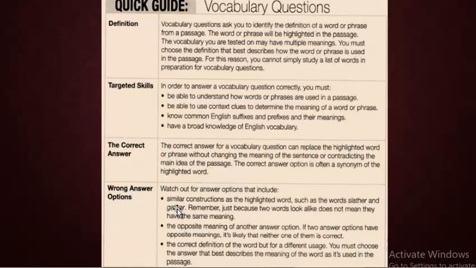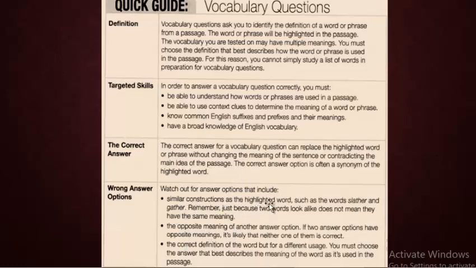Wrong answer options. In order to understand the wrong answer options, or to cross out or check the wrong answer options, you have to understand what's wrong with them. So here we have got 3 strategies for how to choose the correct answers and eliminate incorrect answers. Watch out for answer options that include